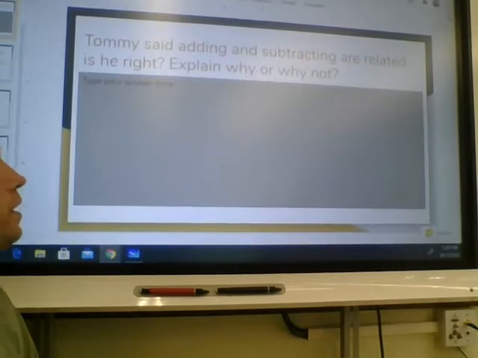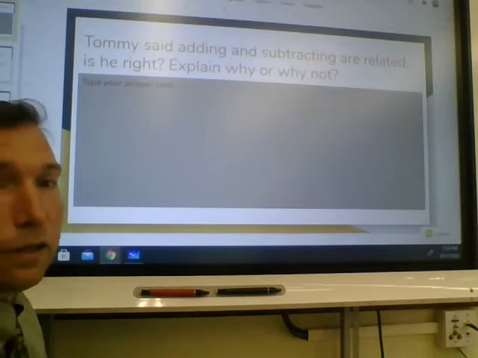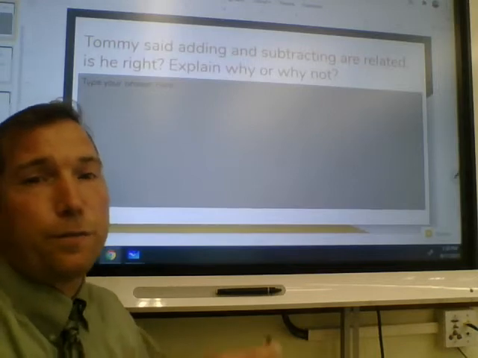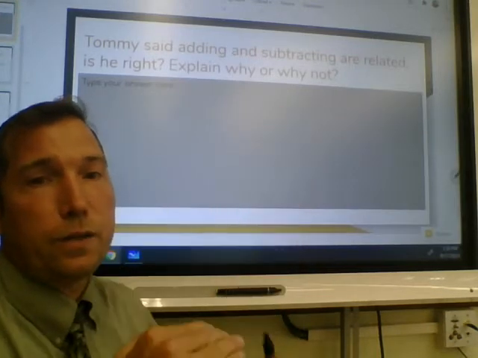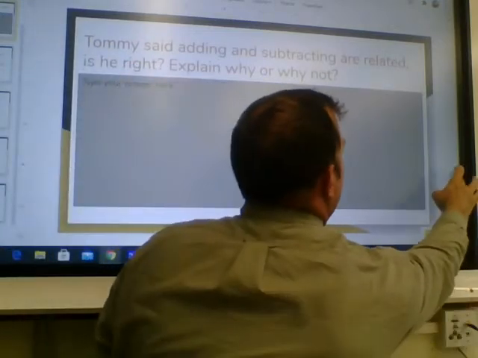So Tommy said adding and subtracting are related. Is he right? Explain why or why not. So with my class today, we were talking a lot about this, and some people said they're different because one goes up, one goes down, and we started talking about fact families. Something like